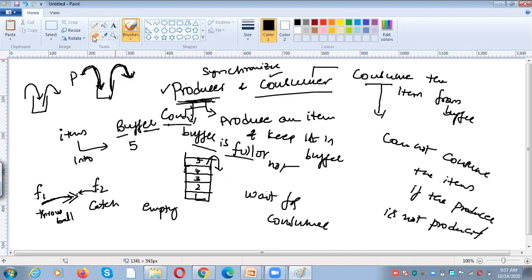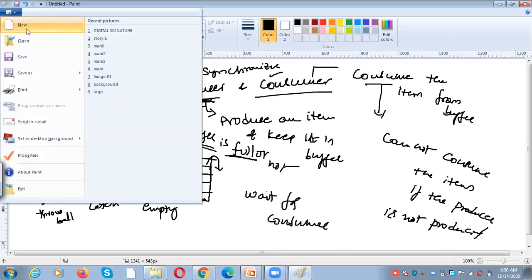Whenever the consumer consumes an item from the buffer, automatically there is an empty location, so that the producer can again produce an item into the buffer. If the buffer is full, the producer has to wait for the consumer. If the buffer is empty, the consumer has to wait for the producer. Okay, that is what you need to understand.